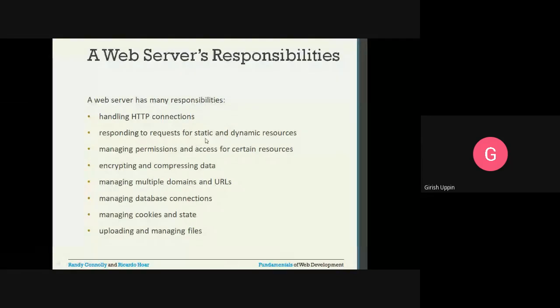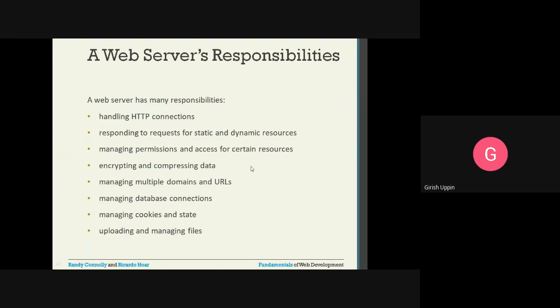The request could be for static resources such as an image file or anything else on the server, or it could be for a dynamic resource, where it has to interact with various other resources like databases, other web services, or other systems, and dynamically generate the content.